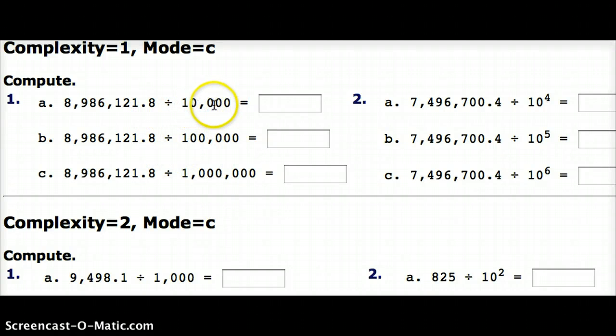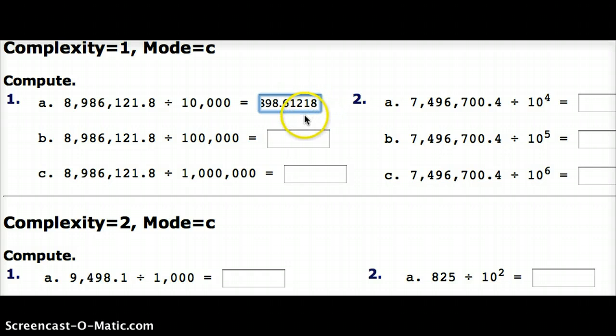So we have our 4 zeros in our 10,000, which means we're going to move the decimal to the left 4. 1, 2, 3, 4. It's going to fall right between this 8 and the 6. So 8, 9, 8. Put our decimal in. So 898 and